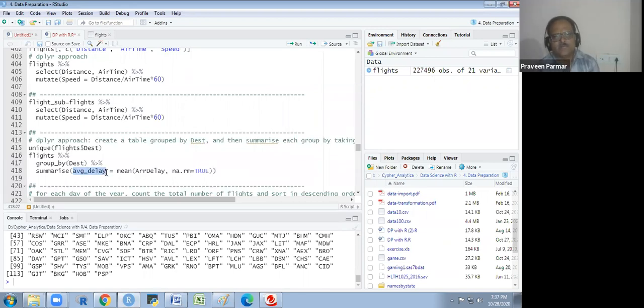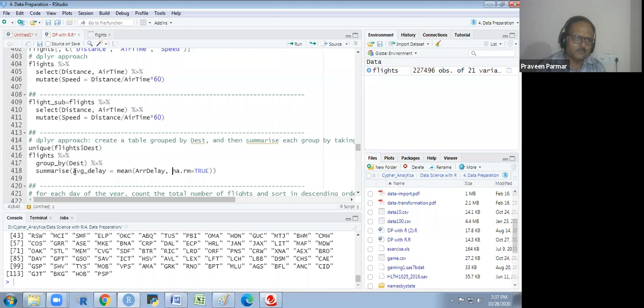I have a column, arrival delay. Through that arrival delay, I will find out the mean. Somewhere there is an NA also, so I am writing this attribute na.rm equal to TRUE. And I find out the mean of the arrival delay, that is the average delay.